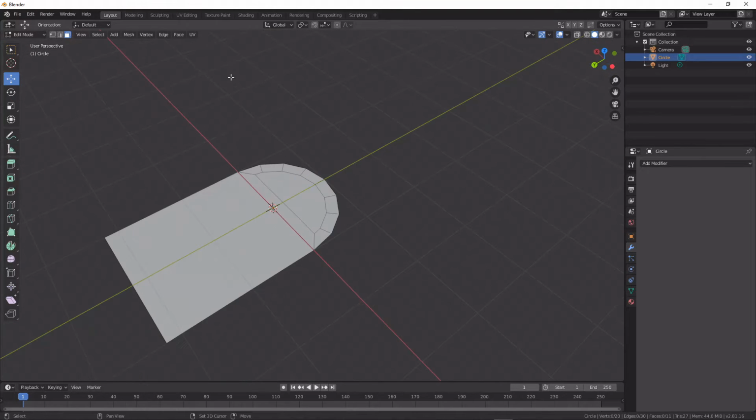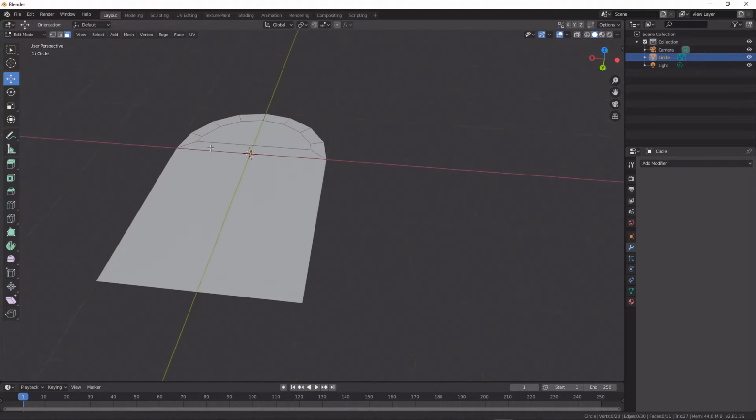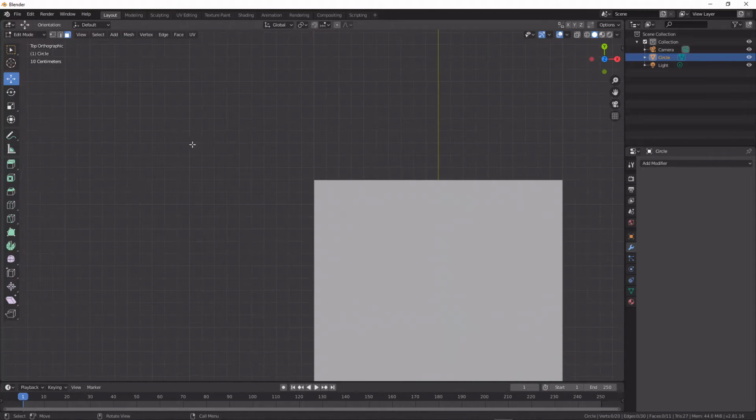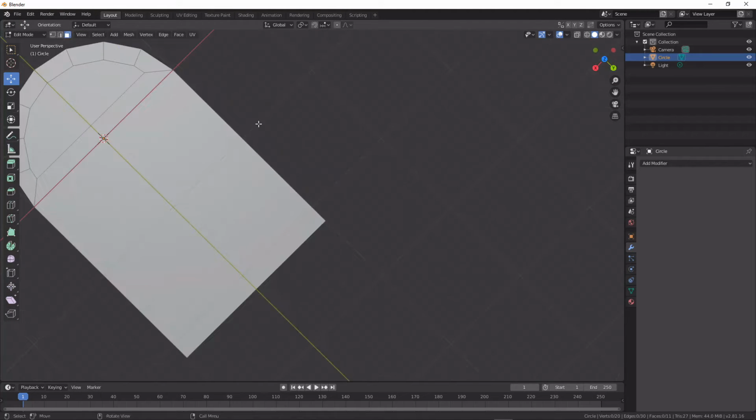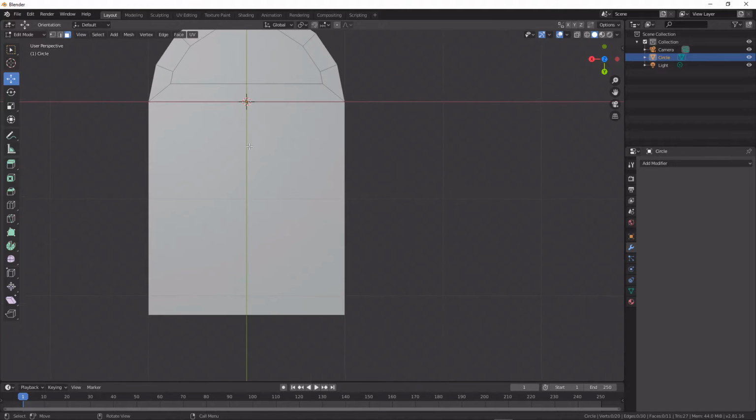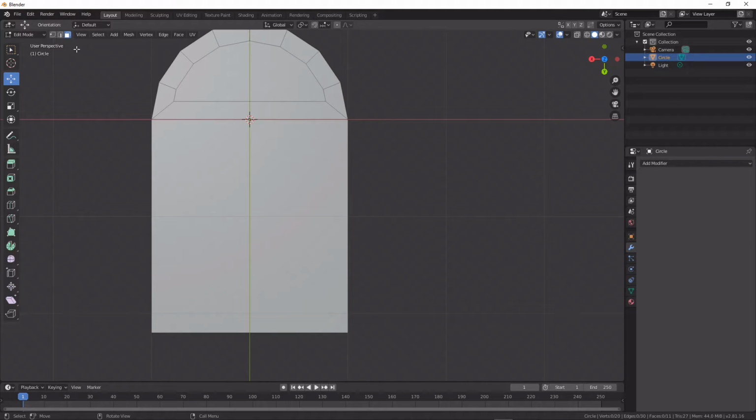So I've got this flat plane here that is going to shortly become a window. So I am going to quickly just start using the key K on the keyboard, and I'm going to start roughing out some shapes onto this plane just by adding vertices where I think I need them and hitting enter to apply